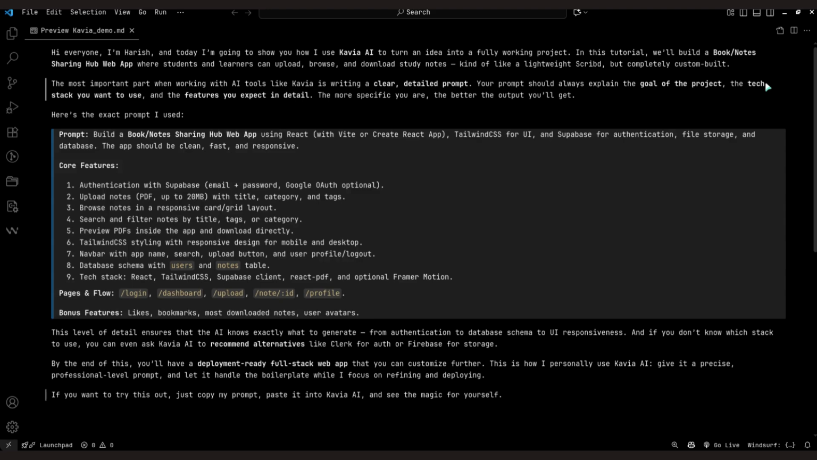The next thing will be search and filter notes by title, tags, and category. So we need to be able to search particular notes by tags or the note ID, etc. So we can implement that. Then we need a preview of PDF. This is an important feature because before downloading, we need to know whether the PDF we are downloading is the correct one or not. So for that preview, we'll be using